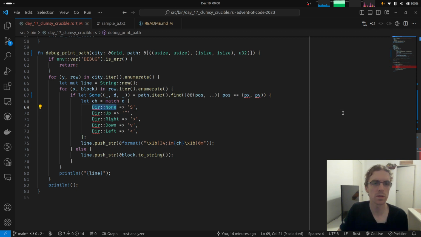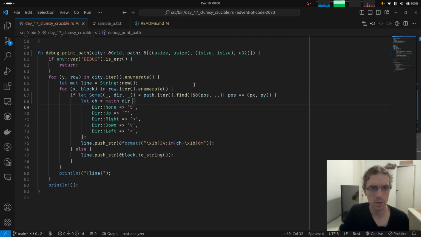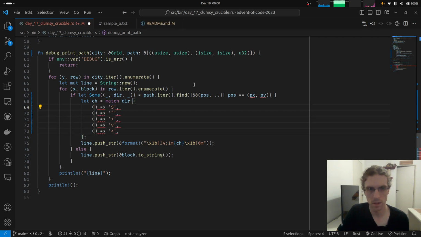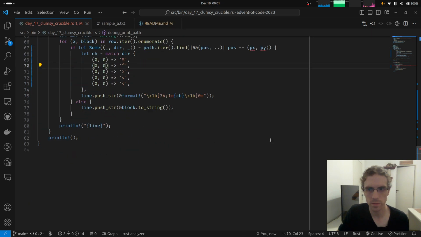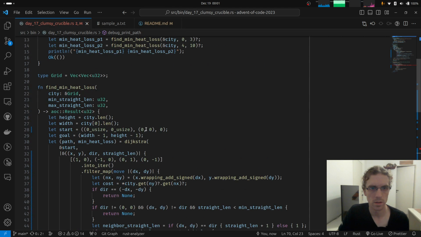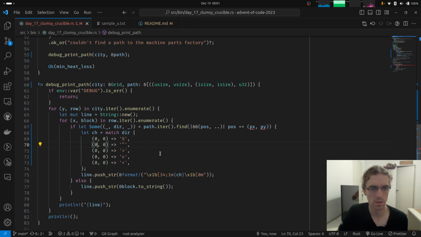Yeah, we could still do. We are matching the direction, right? So this is, let's say, direction. We're gonna match this thing. I don't know if we need to dereference here, but let's actually rewrite all of this and put a little tuple here. So I don't know why I'm not receiving complaints from Rust. I surely have some error, right? Like, how can this not complain?